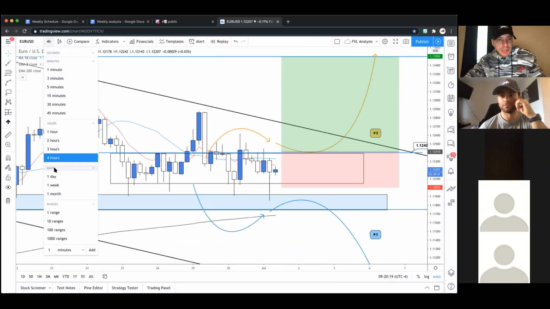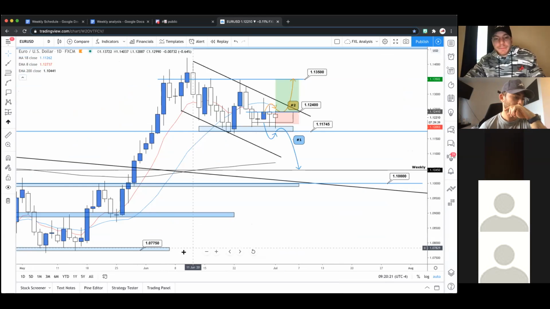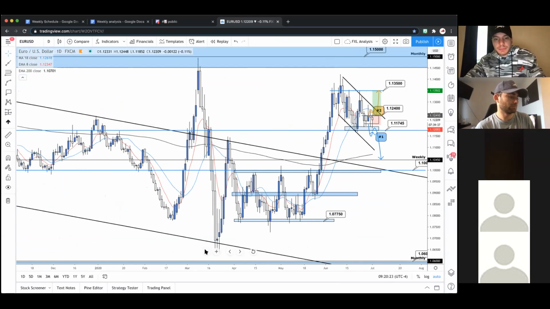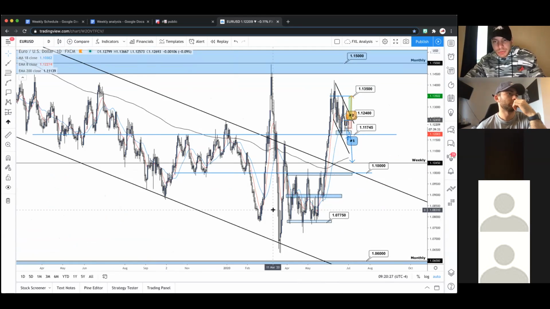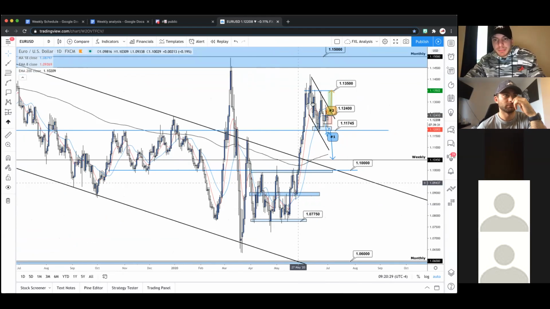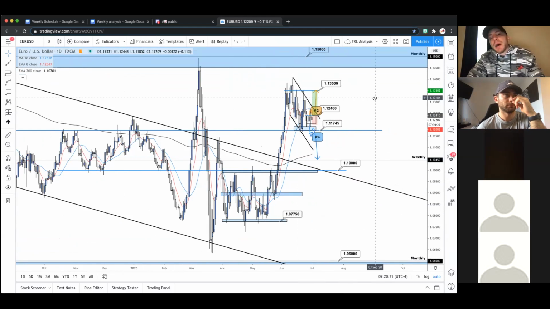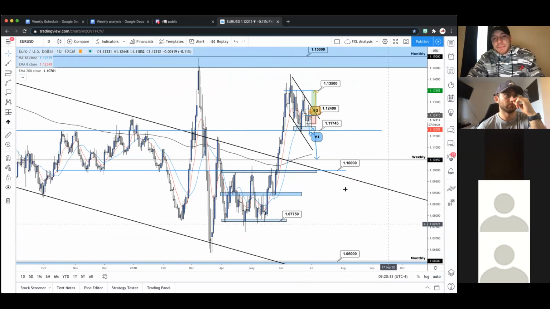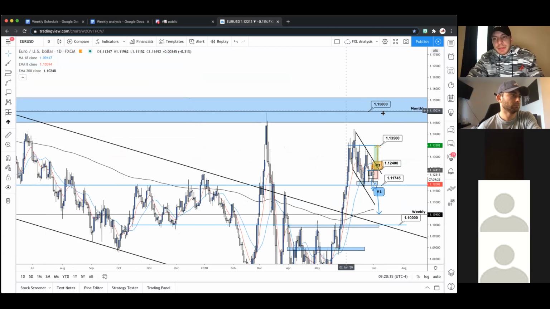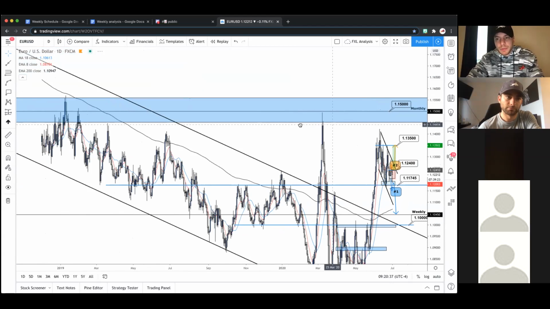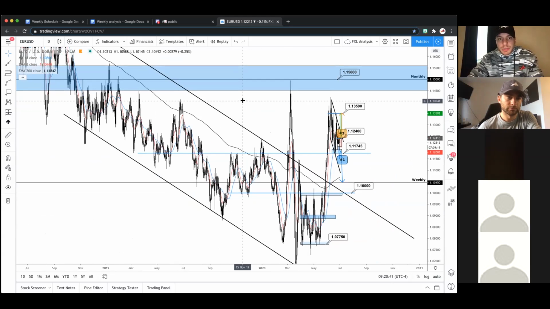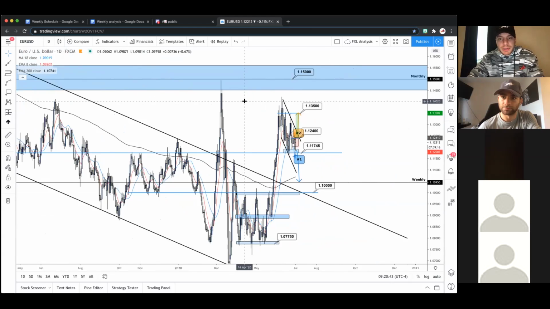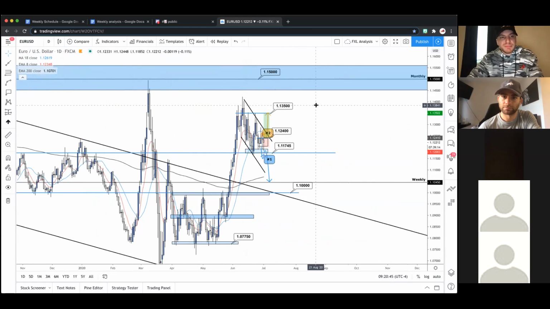Zoom out for a second here. Go to the daily. Has anything changed? Very, very bearish, as we could see. Has anything changed, really? I mean, it did break to the upside. We have a nice bullish rally here on the 4 hour. But again, I'm not considering this bullish until this monthly is broken. 1.15. That needs to break, and then I'll be considered bullish. But for now, it's definitely bearish on the daily time frame.